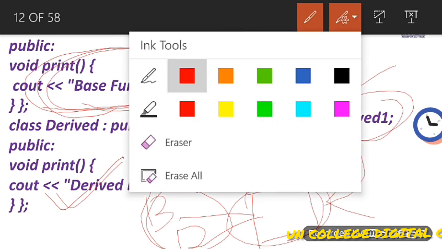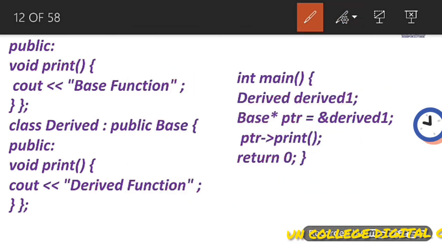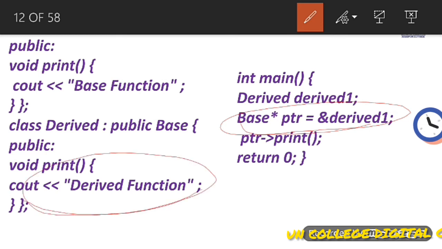But in the previous example of virtual function also I have used this particular statement. In that case, what is the difference between that program and this one? In that program we got the output of the derived class, but here we are getting the output of the base class. Actually, when we are using virtual function, it makes the program more flexible.